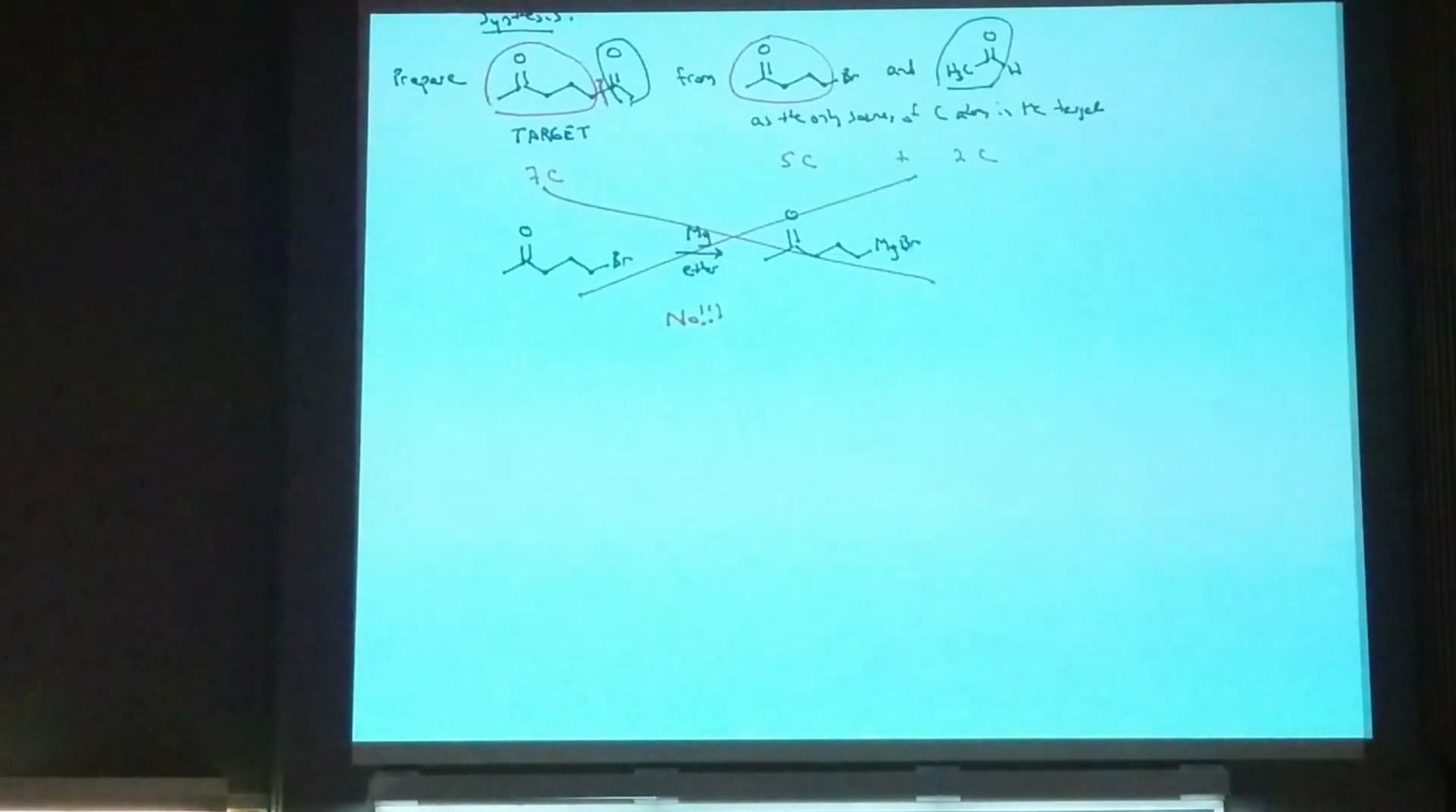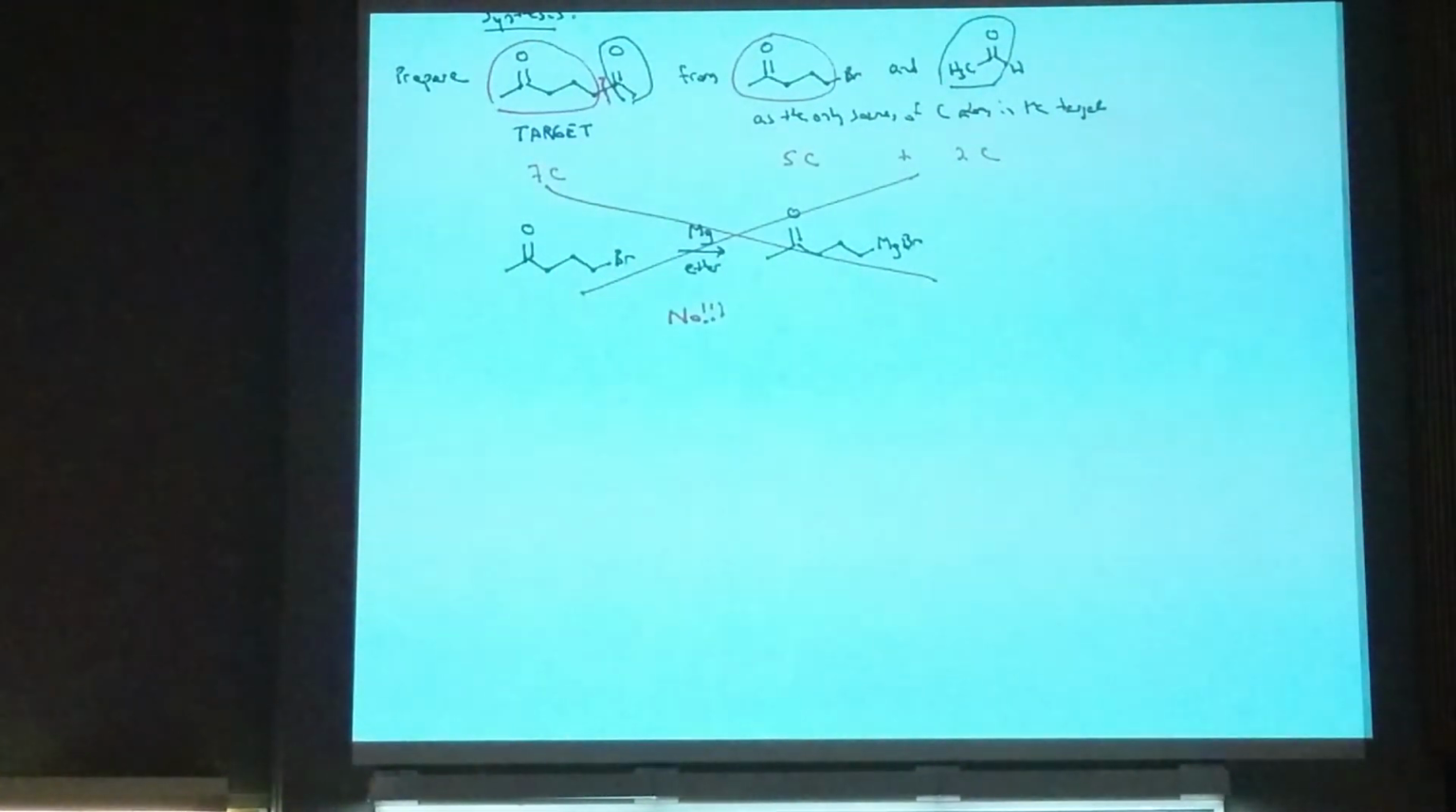So the point is, when you have incompatible functionality, you often have to come up with a way of disguising that incompatible functionality so you can do the transformation that you want to do. And we talked about how we can do that when we had an aldehyde or a ketone that might interfere with some other